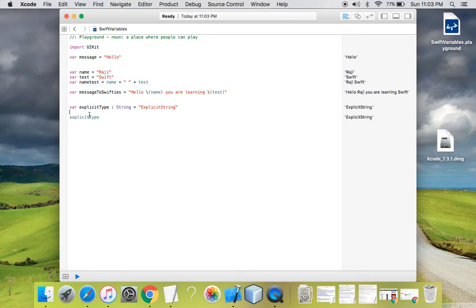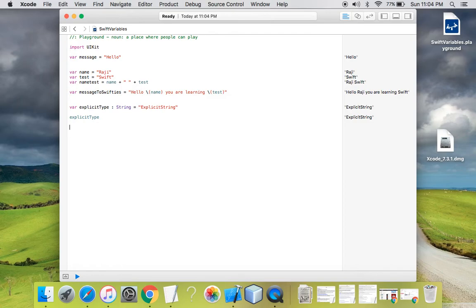We have created variables. Now the last and final step in variable declaration: there are two types of variables, you guys must be aware. One variable can change. We can change the value of one variable during runtime dynamically. And there is a second variable known as a constant, which, once initialized and assigned a value, we can't change the value of. So let's start with how to create a constant variable in Swift.